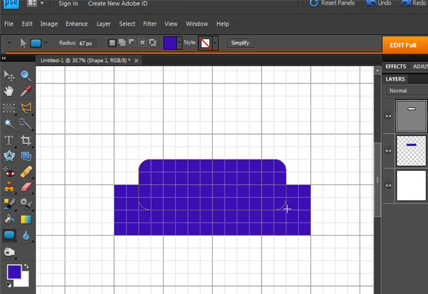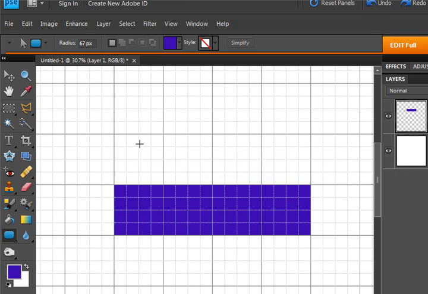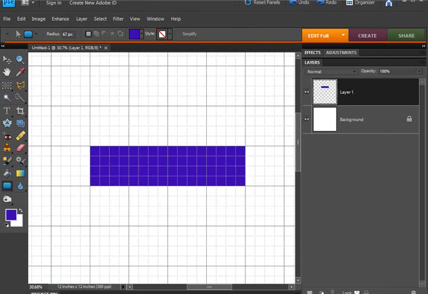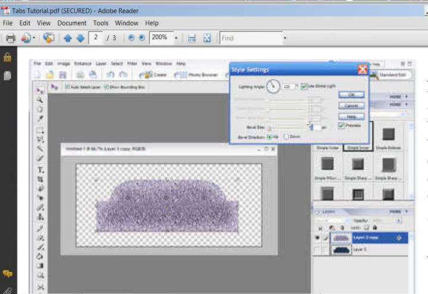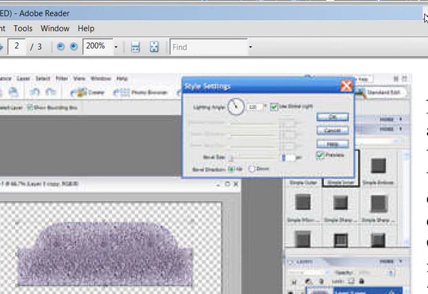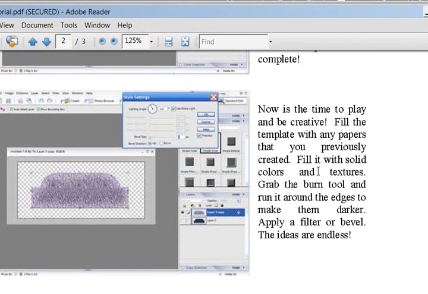That would make an okay tab, just like that. This is where your creativity comes in. I'm going to hit undo. I have no idea what settings I actually used here, and I haven't even played or tested this. I guess I could go read what my settings are. If you want to read what my settings are in here,